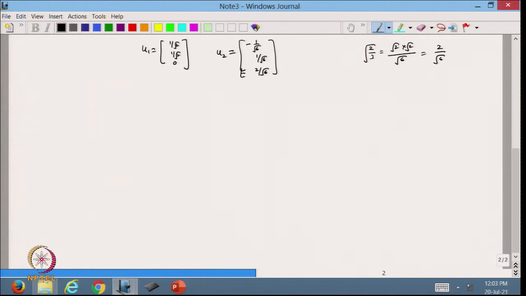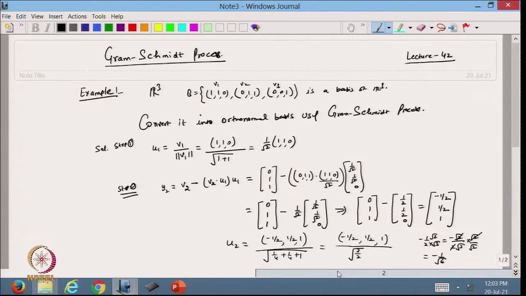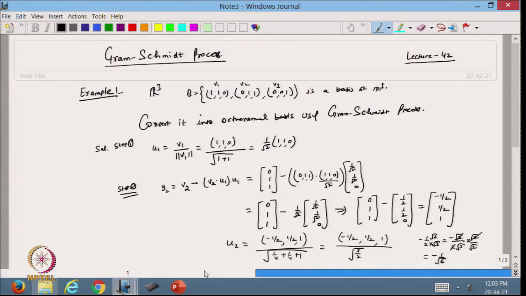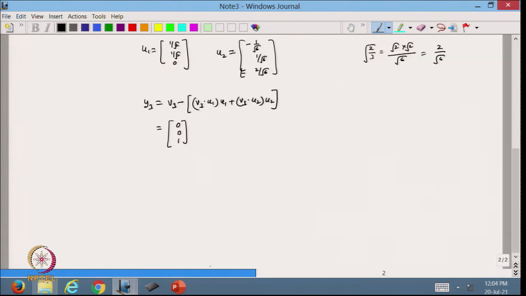This is my u2. Now, I will write my next vector y3. So, this will be v3 minus, I am taking the component of v3 with u1 into u1 plus the component of v3 with u2. And that will be equal to, so v3 I have taken 0 0 1. So, it is 0 0 1, and I know that these vectors are linearly independent. Now, from here I get 0 0 1